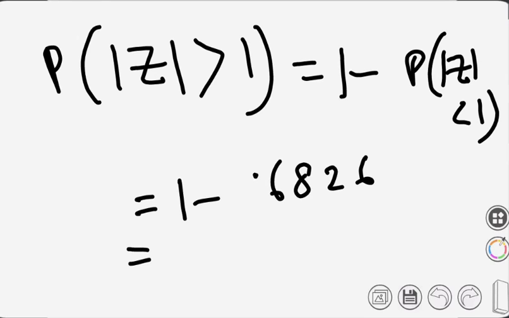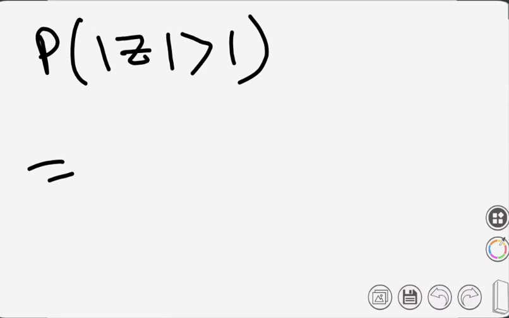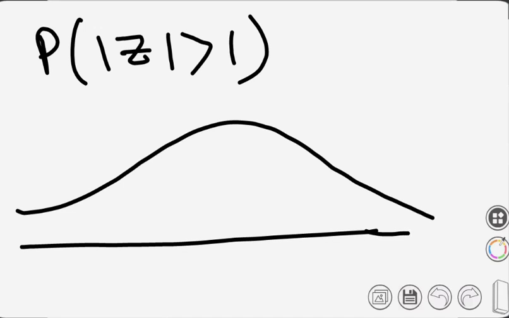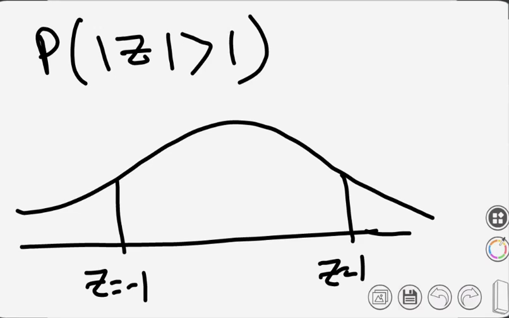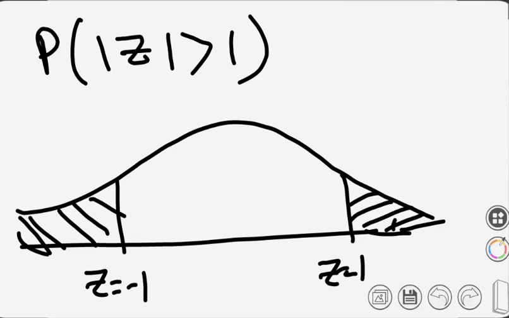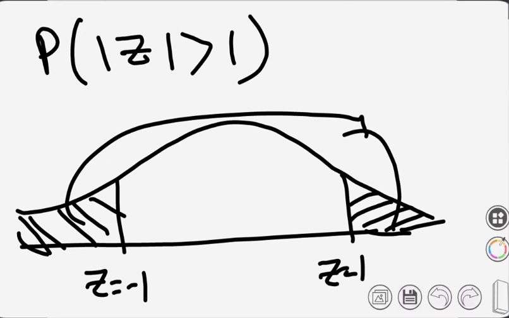which is equal to... Whenever they ask you to find something, try to draw the required area. See, if I write this, then I try to draw that required area. So this is your probability. Mod z greater than 1 means this is z equals 1, this is z equals -1. Mod z greater than 1 means this area as well as this area, so these two together,